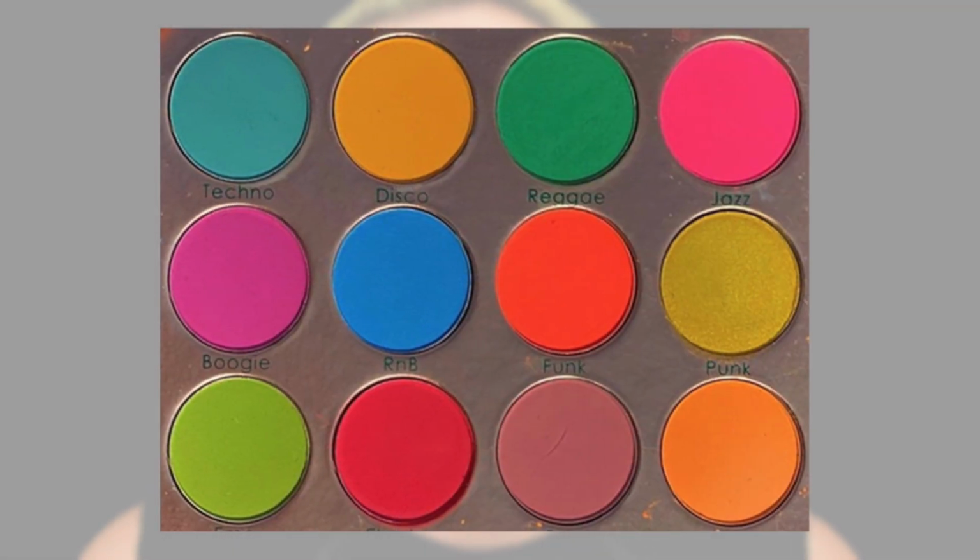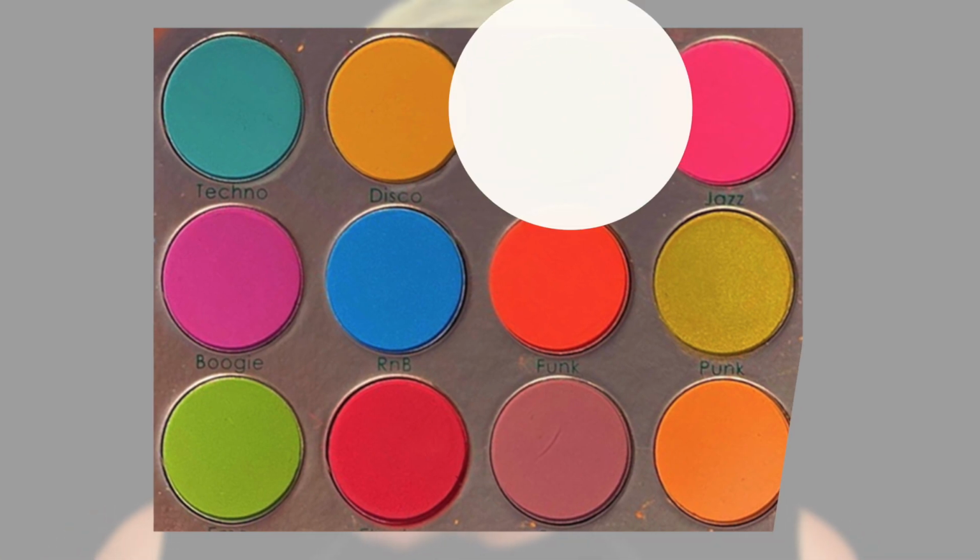I'm going to go ahead and start with the shade Reggae because it was the one that I thought I had the most of a problem with while swatching, so I want to test it on the eye and see if that changes. I did go ahead and prime my eye using my P. Louise base in the shade Rumor 01, as always, and I'm going to use this bigger fluffy brush from the Bring to Funk brush collection, with the drumsticks, sorry, and let's see if I can build this very hard pressed shade up at all. Okay, I kind of dug into it and I really didn't get anything off, like a little bit, but